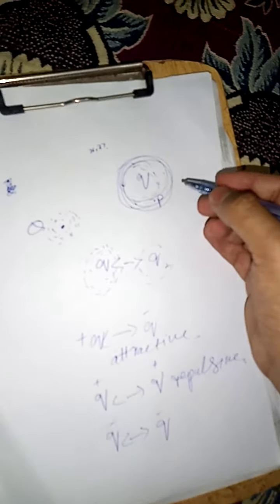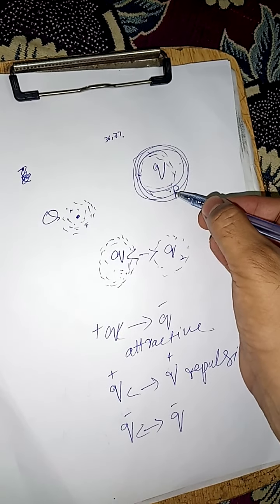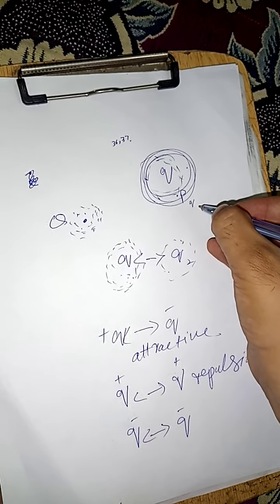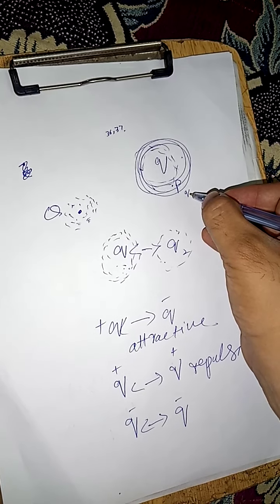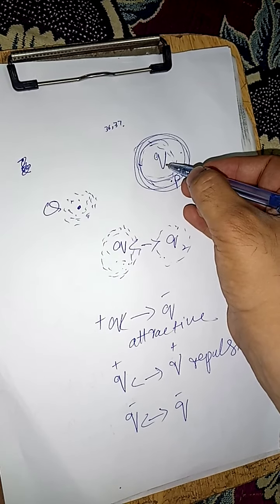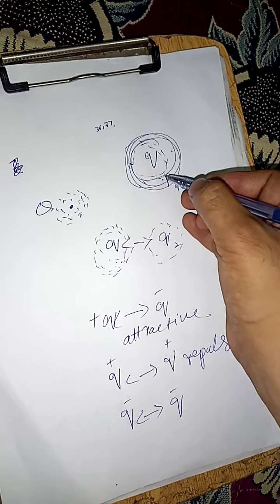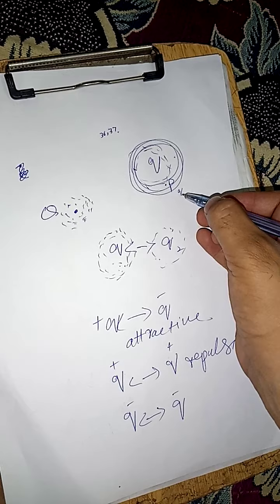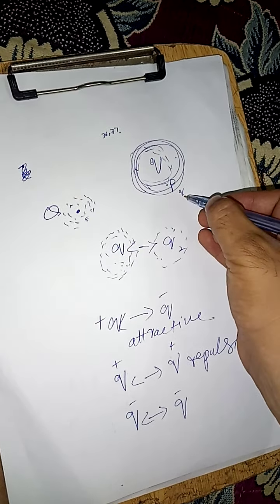The next term is test charge. For example, I want to find the strength of this charge q at any point p, so I will bring another charge, which we usually take as a positive charge, but the size of that charge is so small that it does not affect the electric field of the charge whose properties we are studying. So this charge is called the source charge, and the charge which gives us the properties of the source charge is called the test charge.